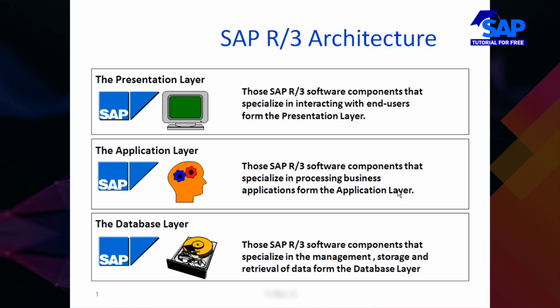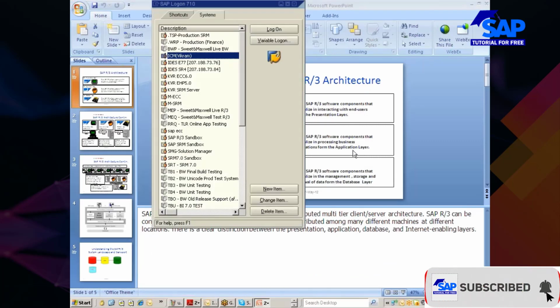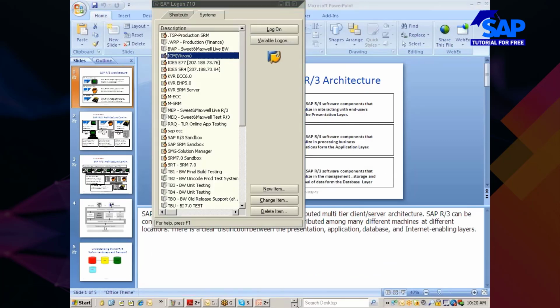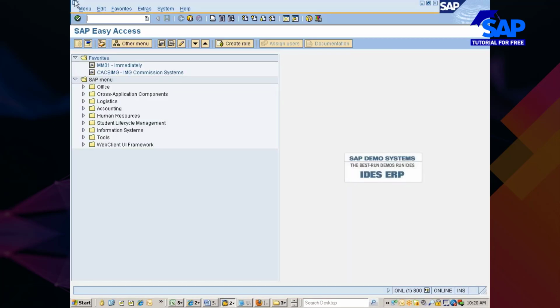So if you want to process business application data, again you require a user interface. For example, let me go into the SAP screen. You see here, I'll just go with one transaction, something called ME2L.